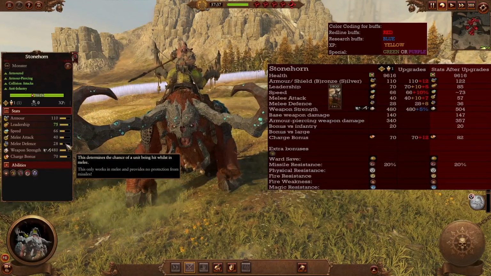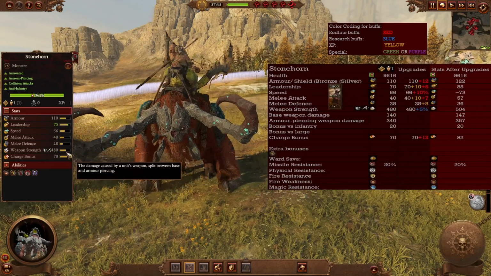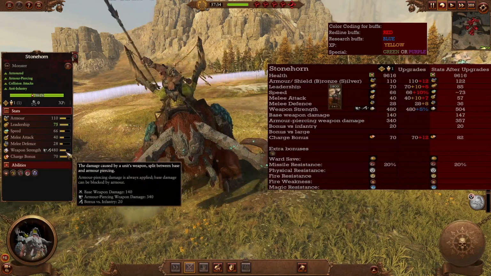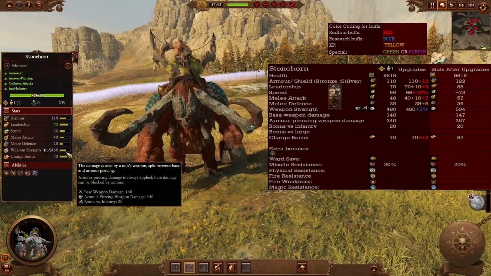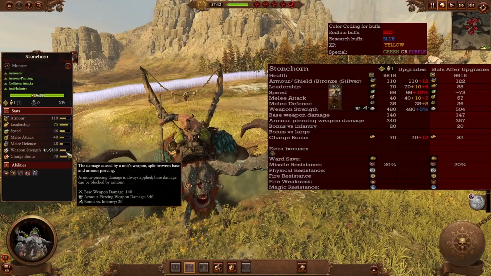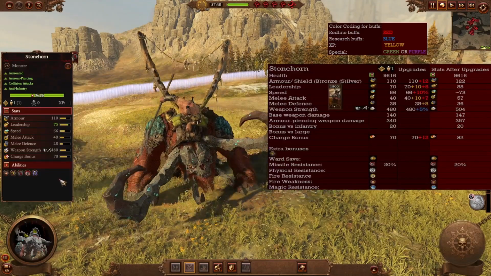So it's rather squishy, don't get it enveloped, keep it running like a chariot really. And like a chariot it's gonna hit like a truck because of that decent weapon strength with armor piercing and bonuses versus infantry. So now you know how you should use them against enemy infantry lines, take care of them, and well, just